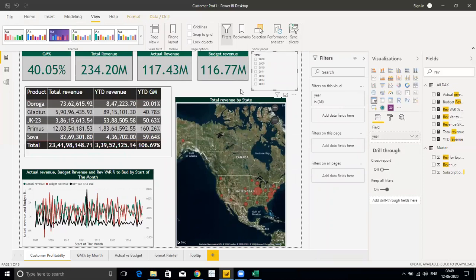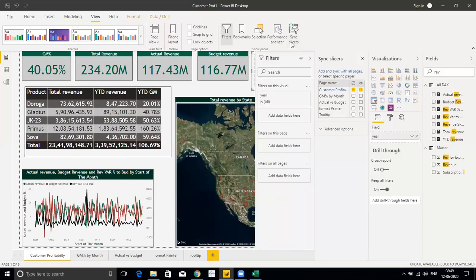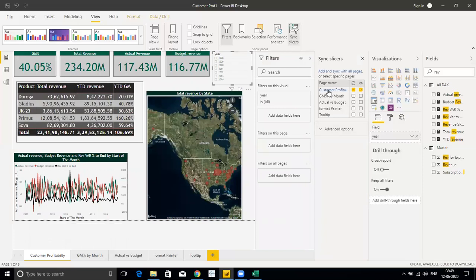Now I want to handle all the pages with this slicer. So let's click on sync slicers. This pane will appear. I'm right now on the customer profitability page, where I can sync the slicer, and this slicer should be visible on this page. If I click on this one, it means this slicer will sync the next page and the next page too.